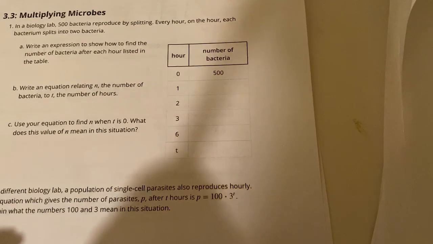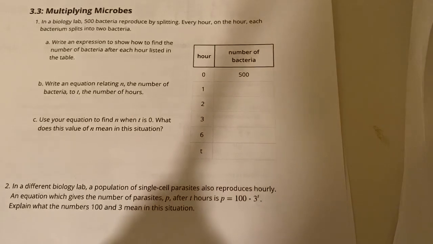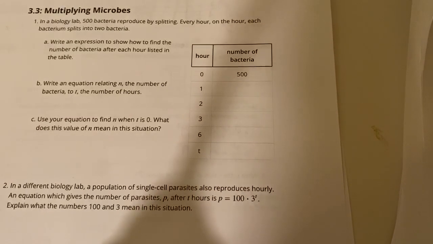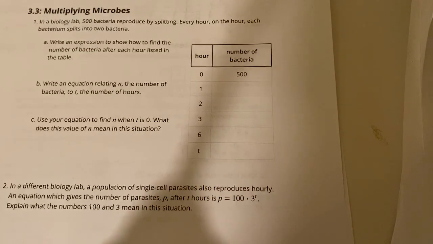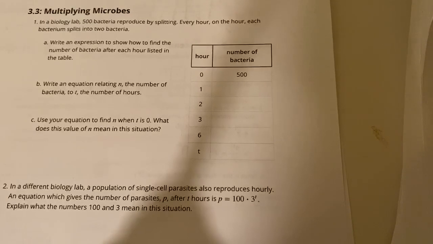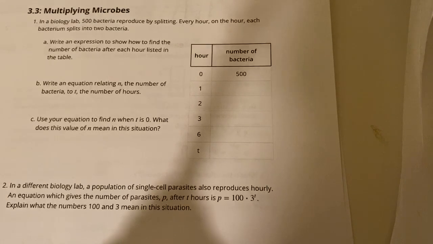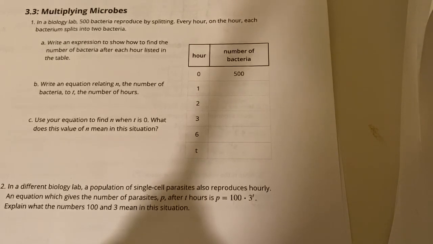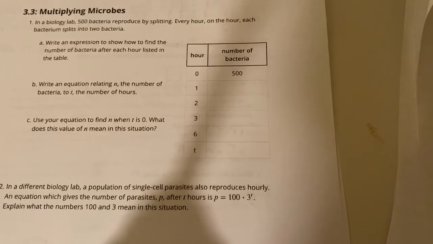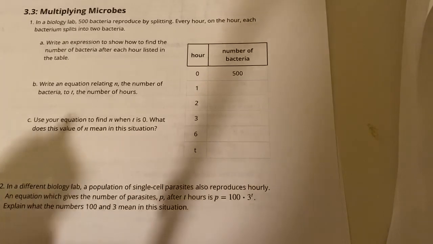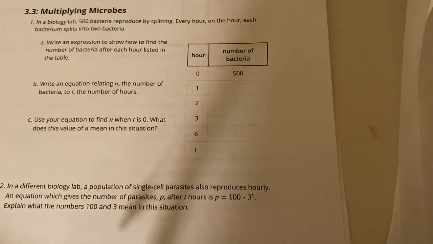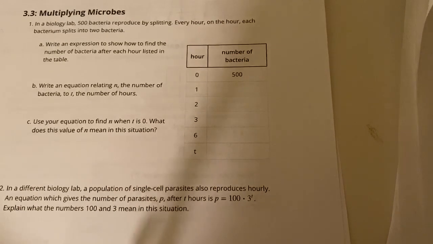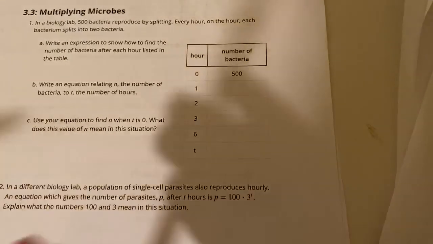Okay, let's look at 3.3. In a biology lab, 500 bacteria reproduce by splitting. Every hour on the hour, each bacterium splits into 2 bacteria. Write an expression to show how to find the number of bacteria after each hour listed in the table. So they're splitting. So at 0 hour, it's at 500. Well, if I split that, it's going to be